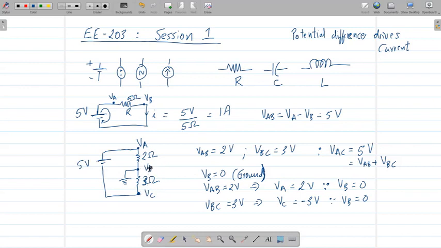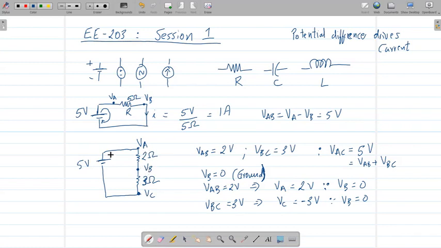What is the difference between VB and VC? Whereas the absolute value of VB is 0. That means the absolute value of VC is minus 3. Okay, and the absolute value of VA is 2 volts in this configuration. Now, if this ground were not there, then it would have been a different case, right? Because now you cannot tell what is the absolute value of VA, VB, or VC. All you can tell is that VA is at 5 volts with respect to VC, and VA is at 2 volts with respect to VB.